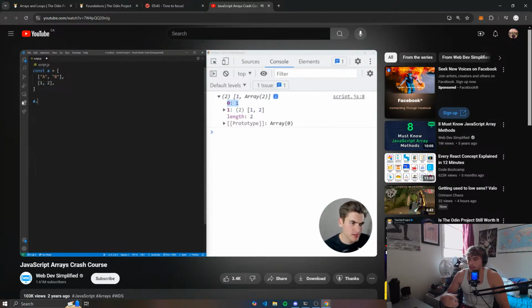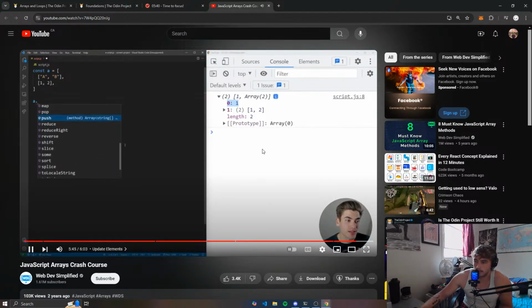And you also know, if I just come here and I say A dot, you'll notice all of these are different methods that I can do on my array. You can see that there are tons of different array methods out there. Lots of them you're really not going to use, but some